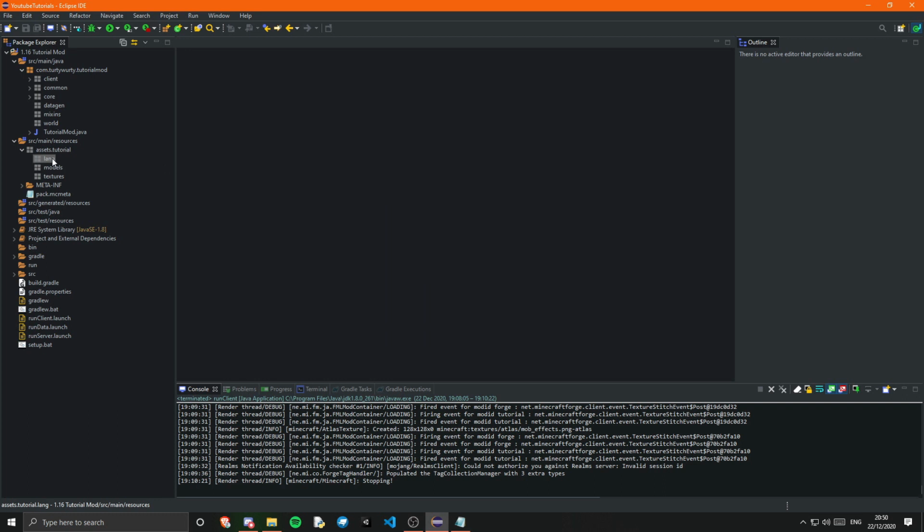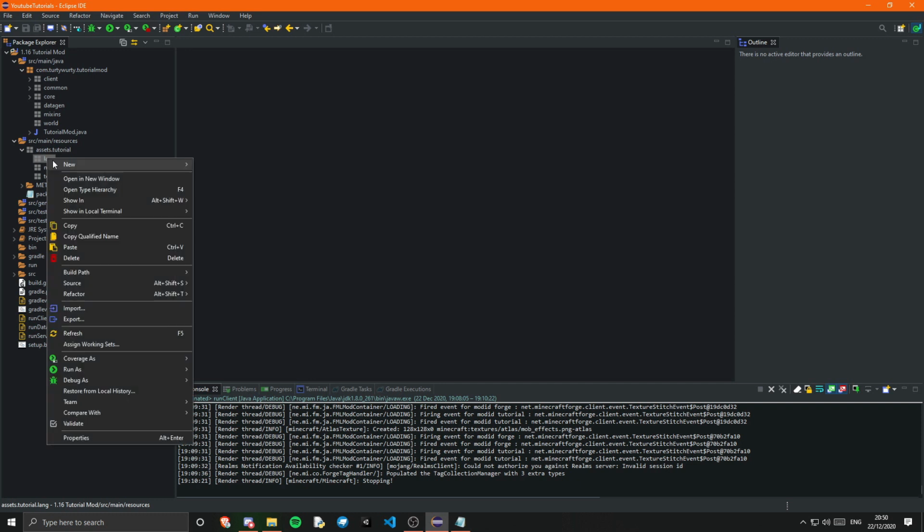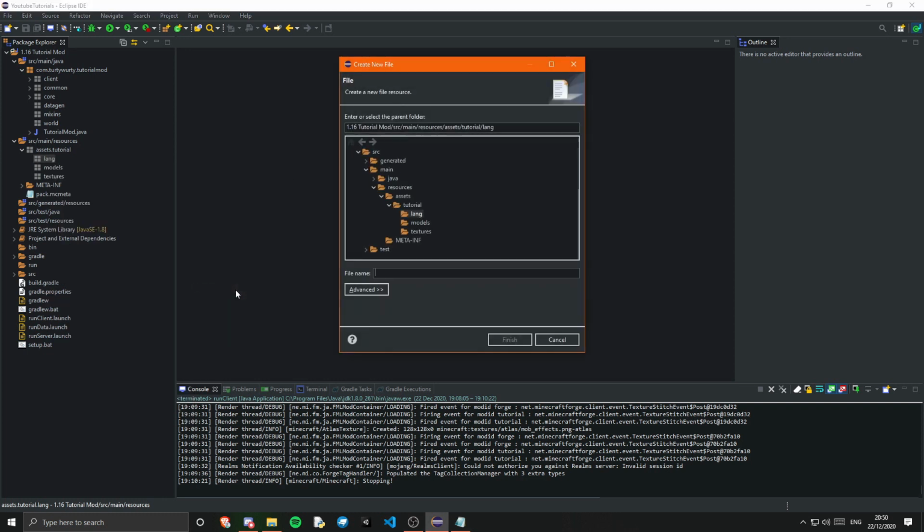So the lang will basically be for all of the language files, and this is where we set the name of our item, what we want the name to look like in game, since we obviously can't put spaces or any special characters in the item init. So we have to specify it in the lang, and this obviously allows for localization, so you can have it for different languages. Now to do this, you just create a new file in here, and this will be en_us or gb or fr_fr or whatever. Just make sure it is a valid country code .json,